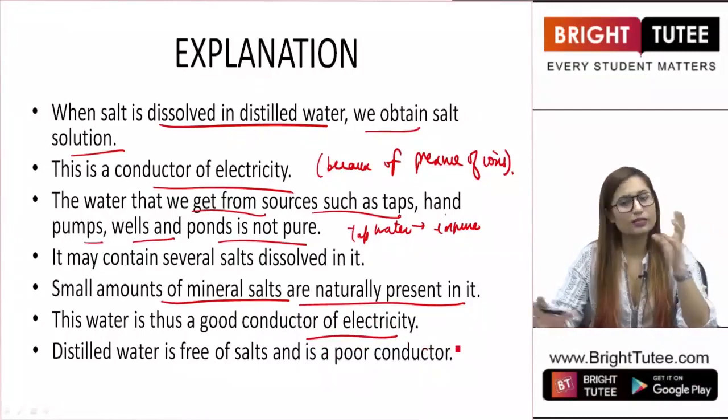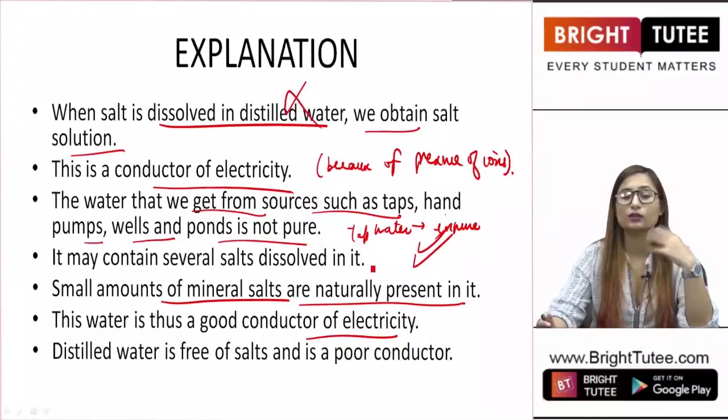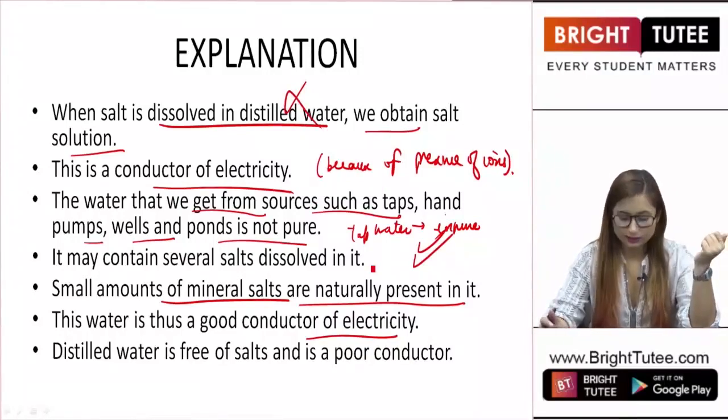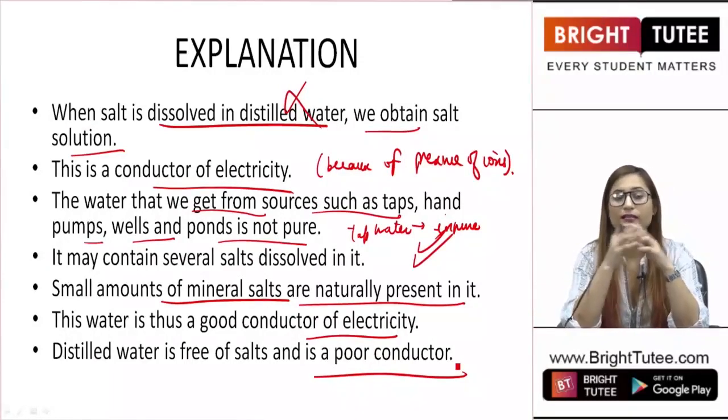Hence, we can say tap water is a good conductor of electricity. Tap water is a good conductor, while distilled water is a poor conductor of electricity. Distilled water is free of salts and is a poor conductor. This is what we have learned from this experiment, that distilled water does not conduct electricity, while tap water does